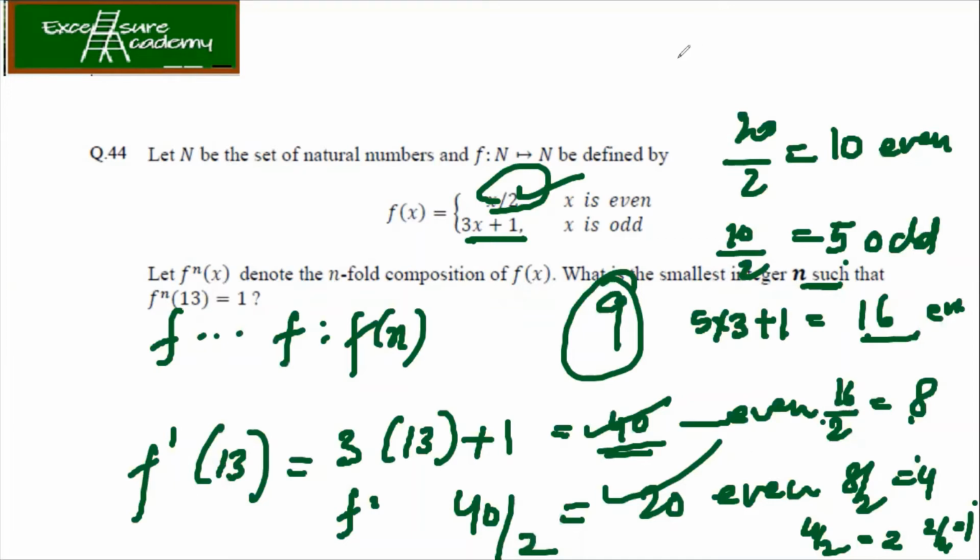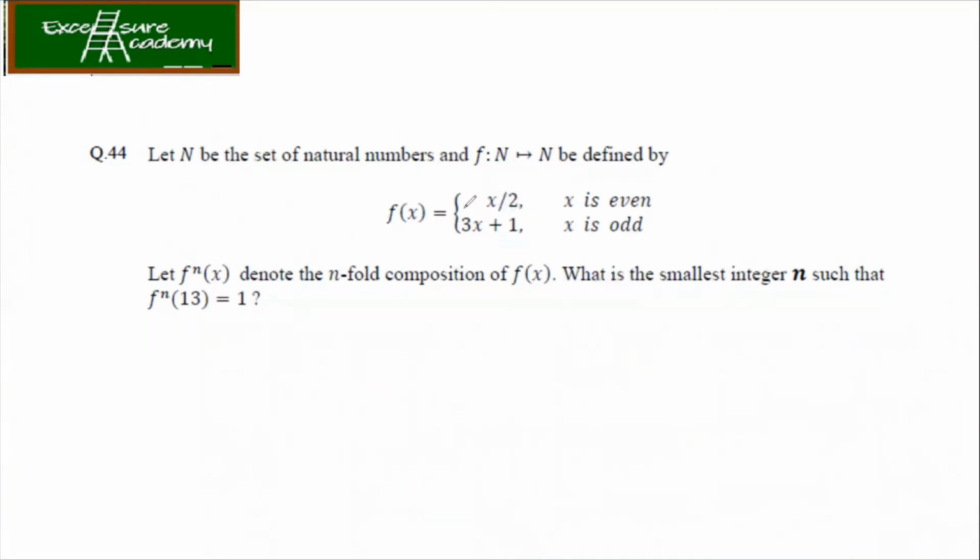So let me just go over it once again. They're asking that you have got the two functions, even and odd, right? Now you have to carry out this function whenever you are getting an even number. You have to follow this function. If it is an odd number, then follow this function. So when we started, it is a 13 number, right? So it is going to be an odd number. So odd means this function you have to use.